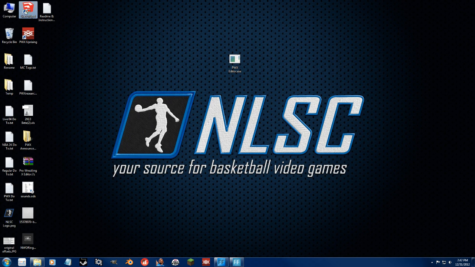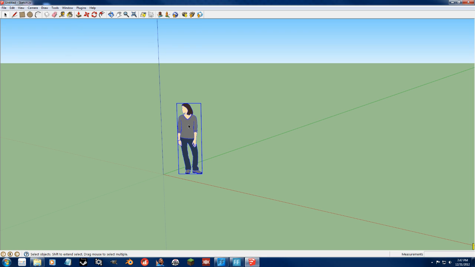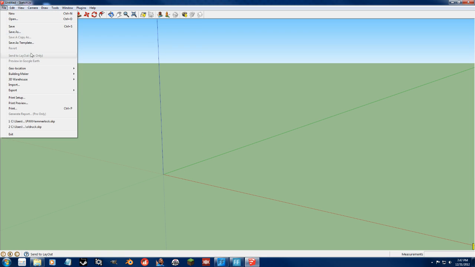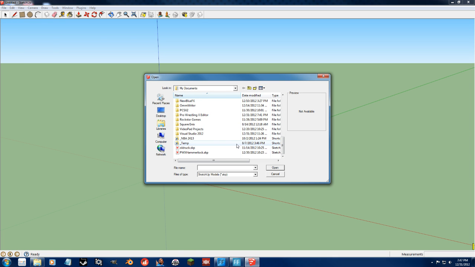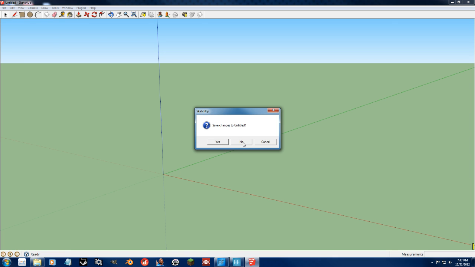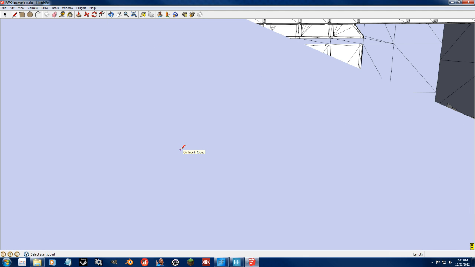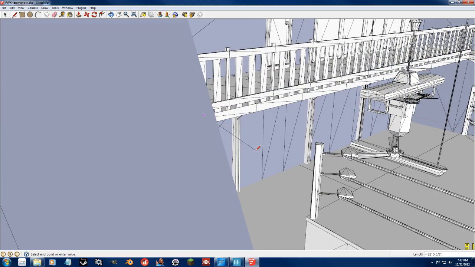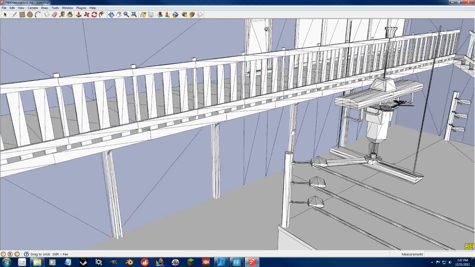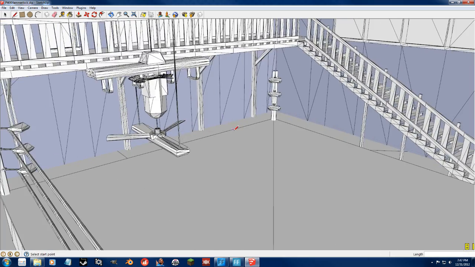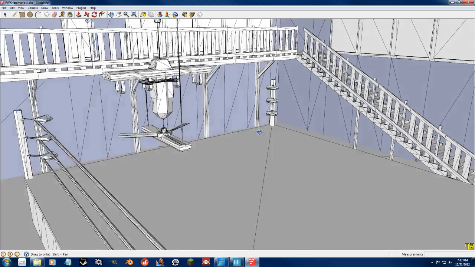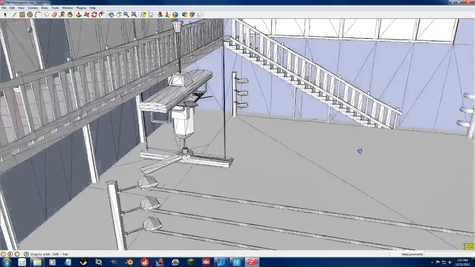One thing I did want to share with you guys is that with SketchUp, I actually did import all of those .x files into SketchUp to create this. Whoops, I didn't want to do that. There we go. So this is all of the models in the game exported into